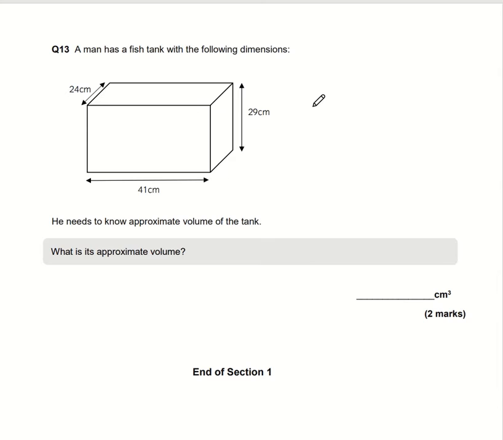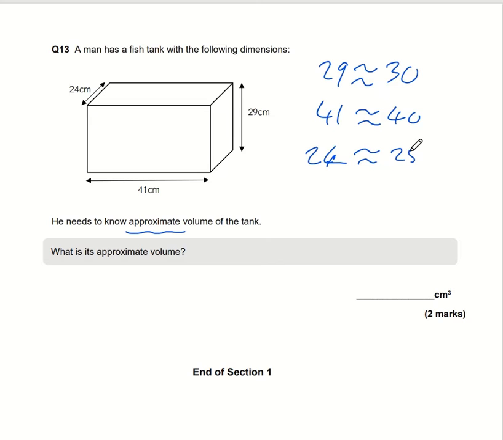Question number 13. We want the approximate volume, so we're just going to round these numbers. So 29, well, that is approximately 30. 41 is approximately 40, and 24, I think rounding it down to 20 is a bit much, so we'll call that 25. Now the volume is going to be 30 times 40 times 25, or 30 times 40 is, well,